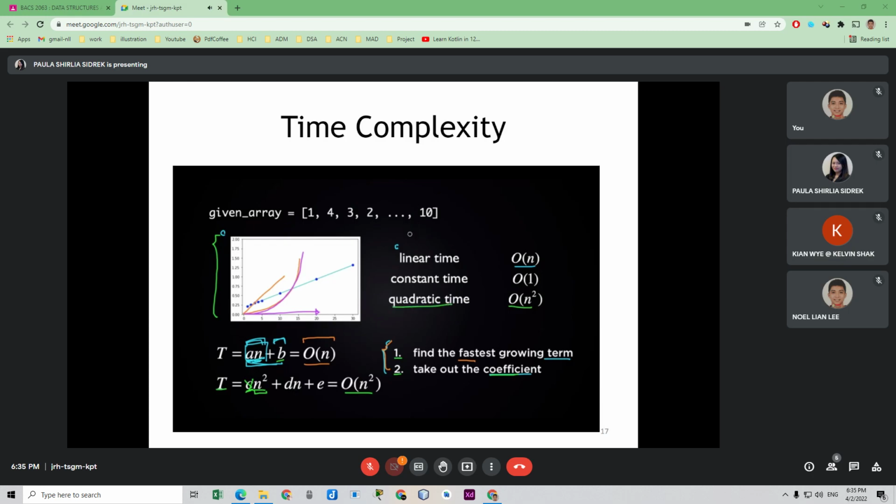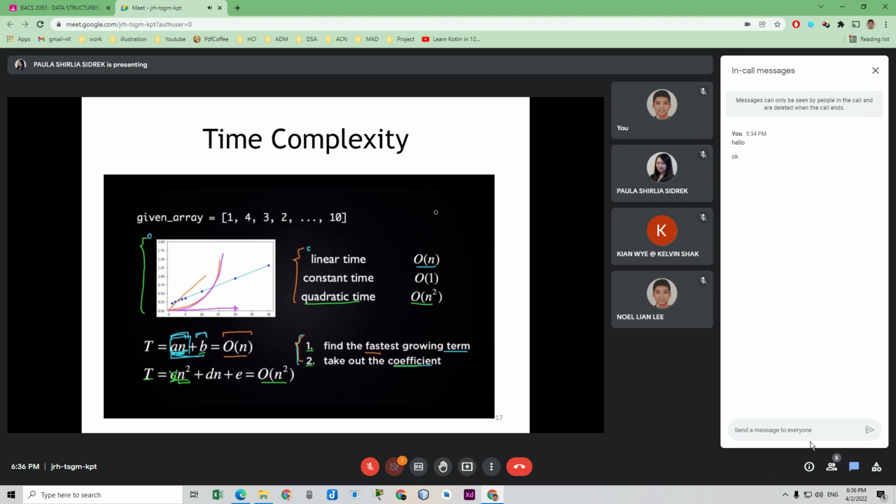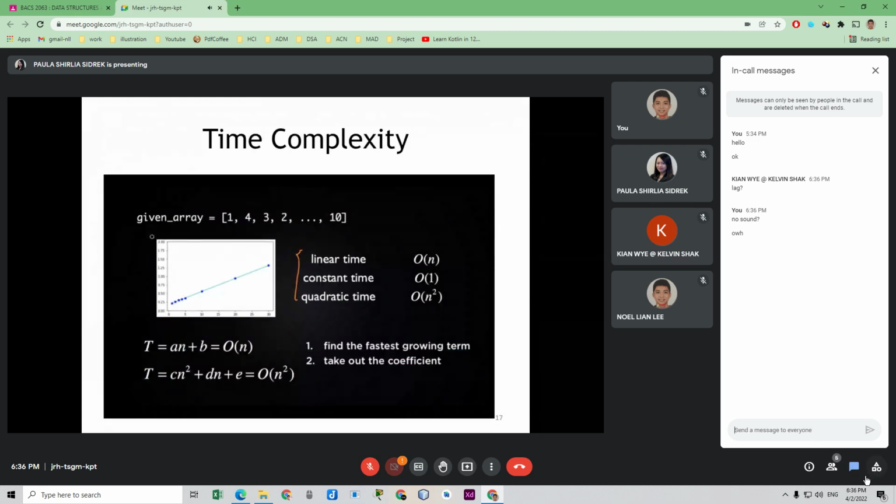Okay, so one thing that's convenient about time complexity and big O notation is that they give you a rough idea about how your function scales as the input to that function gets larger and larger. And in computer science, you tend to care more about the larger input than smaller input, because when... for example, I ran this experiment on my new MacBook Pro, which is pretty fast, and